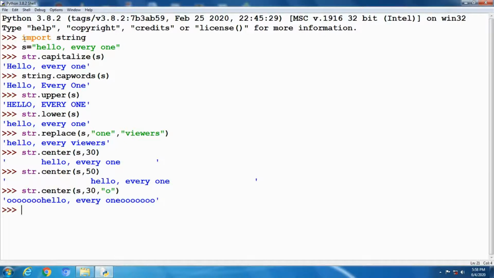Next, count. It returns the number of times the 0 value appeared in the string, 2 times. The find method returns where the character comma is in the string. The place value of the comma is the 5th place. Comma is in 5th place.